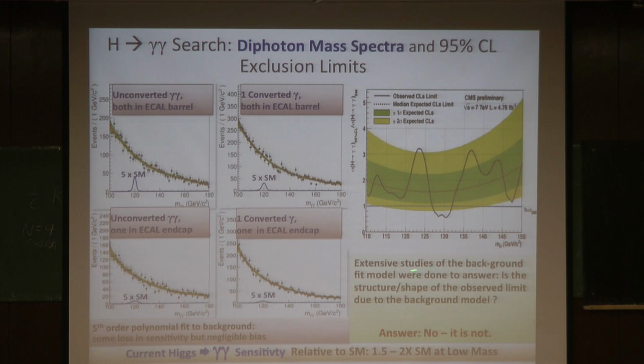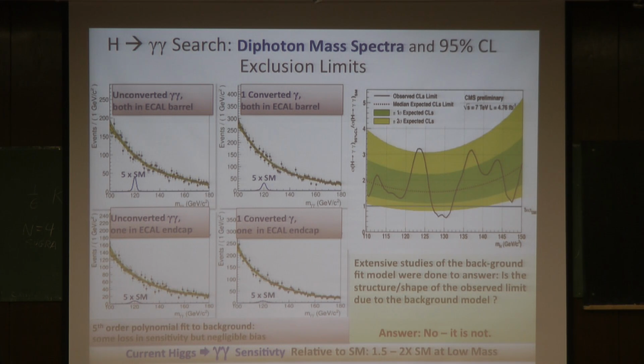Now, we have done extensive studies of the background fit model, and I remind you the background is QCD, and you can fit it in many ways on the sidebands, whether you fit it with an exponential or a polynomial. You have to be careful on how you do the correlation, the correlated errors, how you do the calculations. But for us, we did a 5th order polynomial. Atlas did an exponential, and we find in the same region approximately the same kind of excess, which is what makes it very appealing.